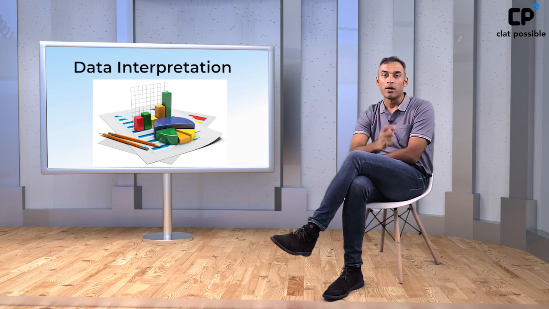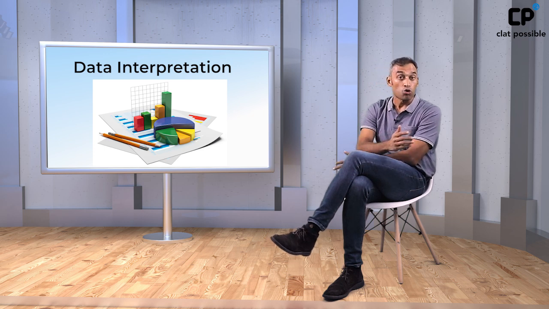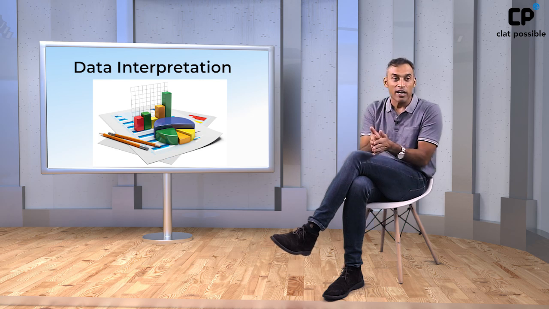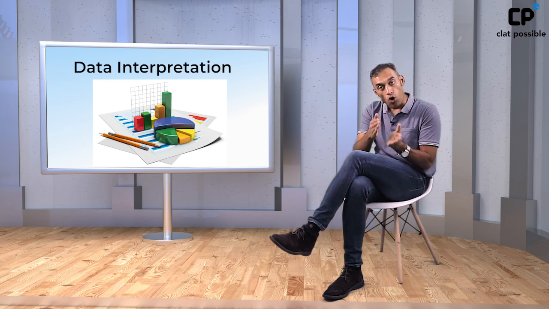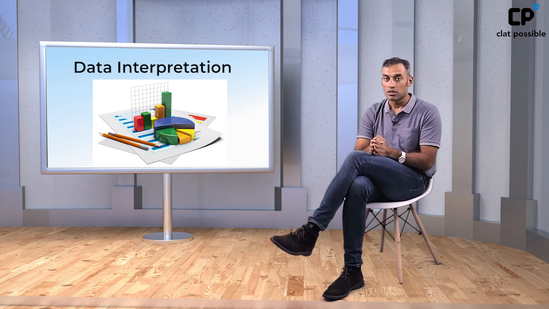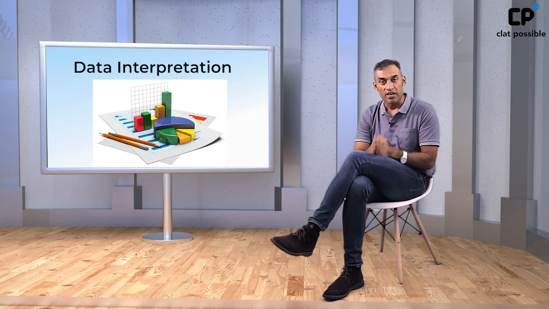So look at the gap that you can create. It's about 10 to 12 marks, which means it could be the difference between NLS Bangalore or Ram Manohar Lohia. Or it could be getting into a great national law school or not even getting into CLAT. So please do DI. DI is a very important section, though it's just 15 marks, but it actually can make a huge difference as far as your final score and ranking is concerned.